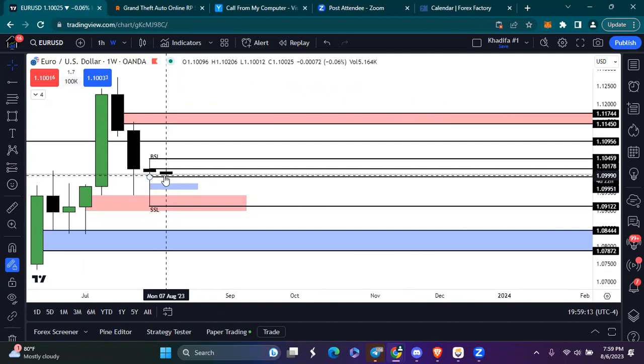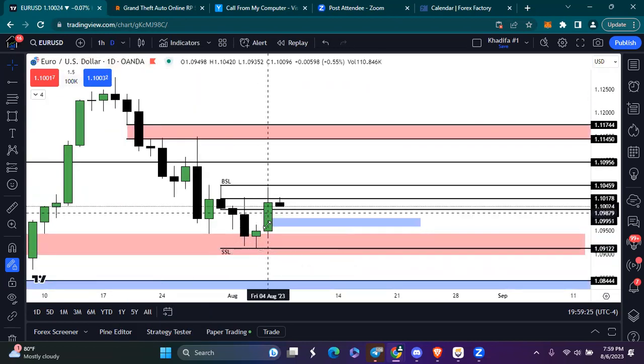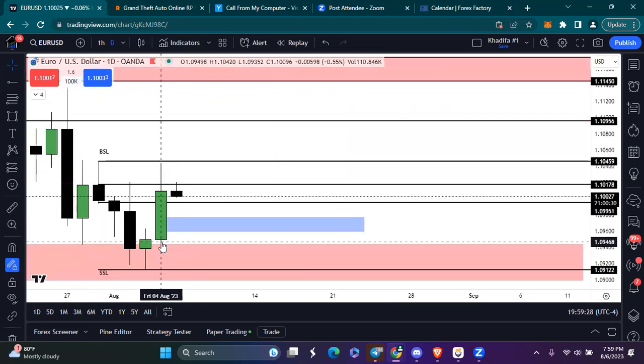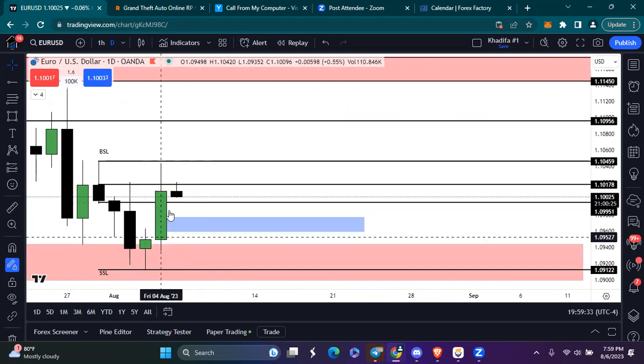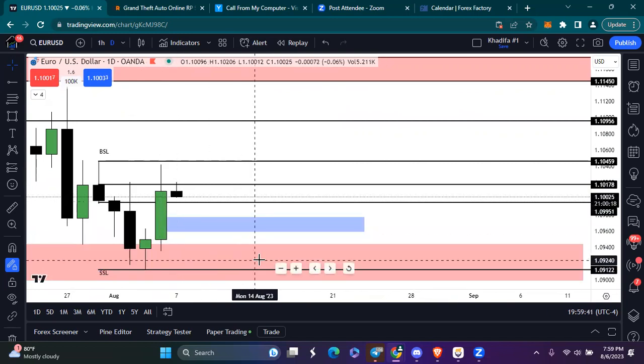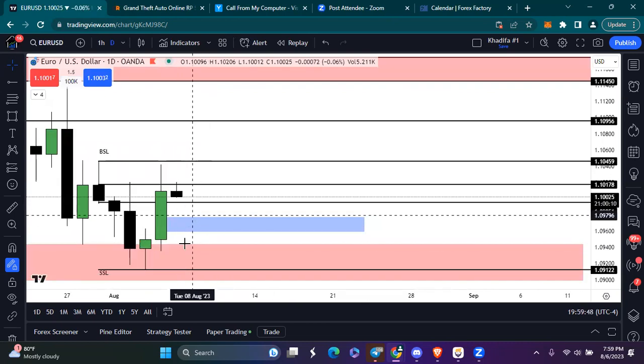And I would like to see Euro USD expand lower into this blue shaded area, which is a daily fair value gap. I'm sorry, it's not a daily fair value gap. It is the daily discount PD array from Friday. That's what that blue shaded area is. It's the discount of last Friday's daily candle, right? So I would like to see Euro USD expand down into that PD array, and then